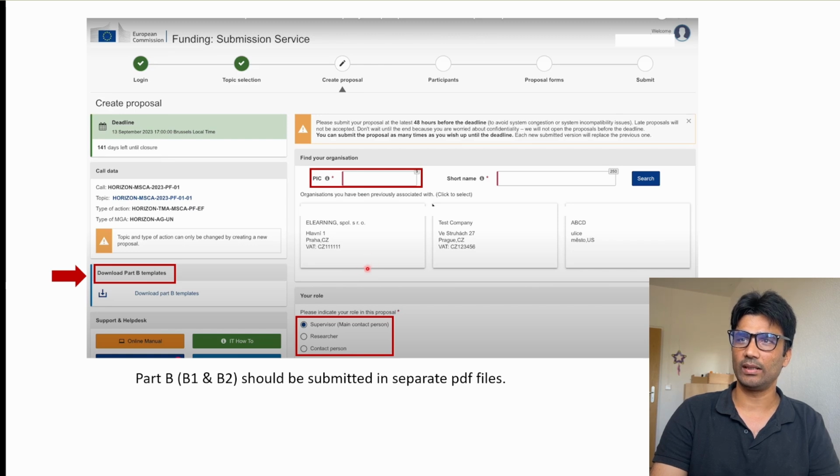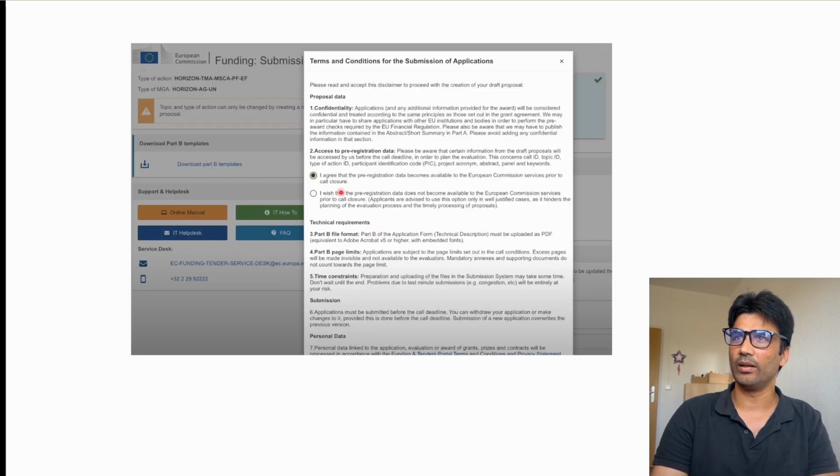So it's important that you are in close connection and constantly talking to your supervisor or his lab manager when you are applying, because you need to put a lot of information if you're doing it by yourself that they will provide you. All right, so next, once you have created the proposal, you have to agree to some terms